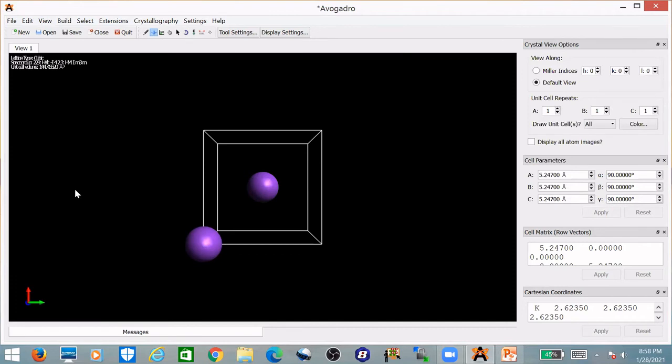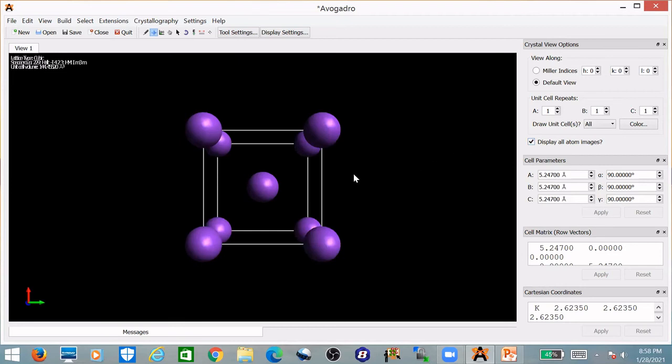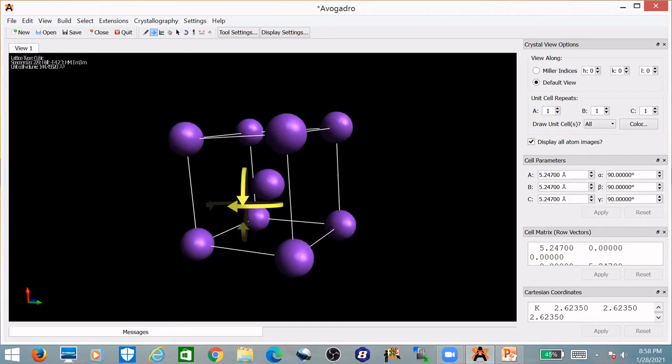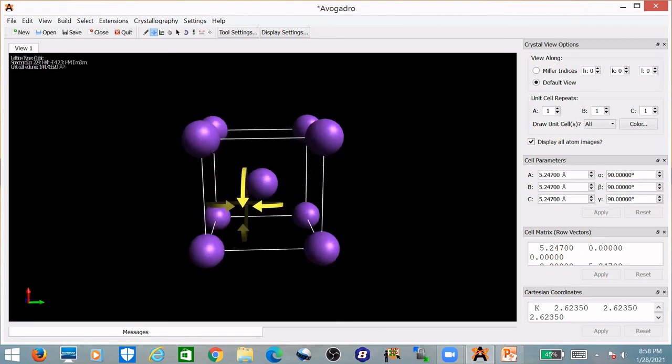Click on this, and then on the right hand side, you see something in the dialog box. You'll see display all atom images. If you check this, you'll get the one which you see in your chemistry textbooks. So if I rotate this, you'll find that atoms are present at each corner and at the body center. Fine.